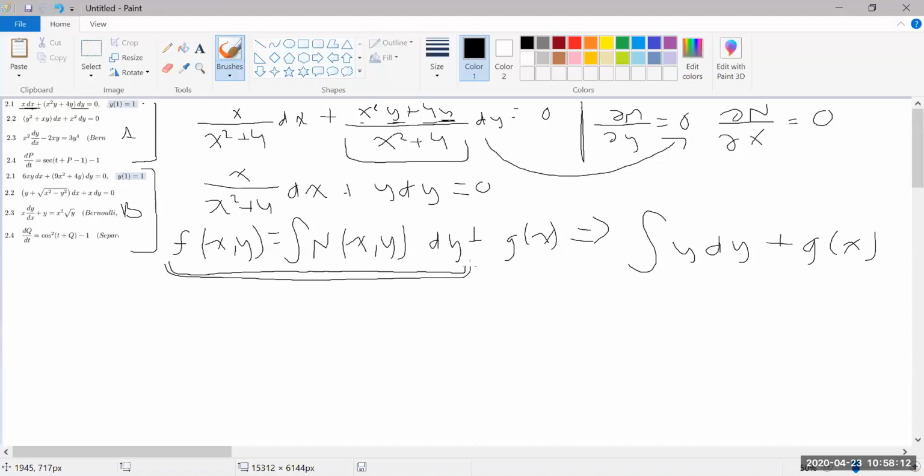Okay, so when you integrate that y term, you'll get 1/2 y squared plus